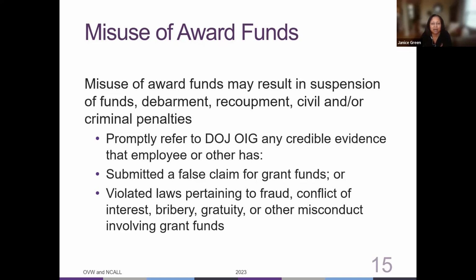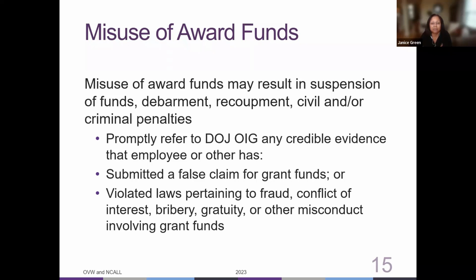They can have us come back to the grantee to recoup any funds that we feel were misused. The federal government can bar you from receiving any other federal awards, and there may also be civil and/or criminal penalties. And if a grantee comes to believe that they are in a situation where they find out that an